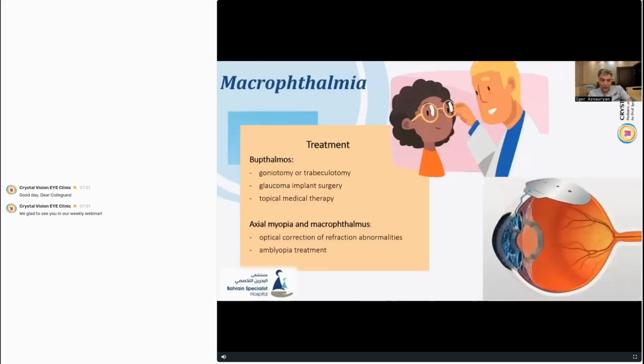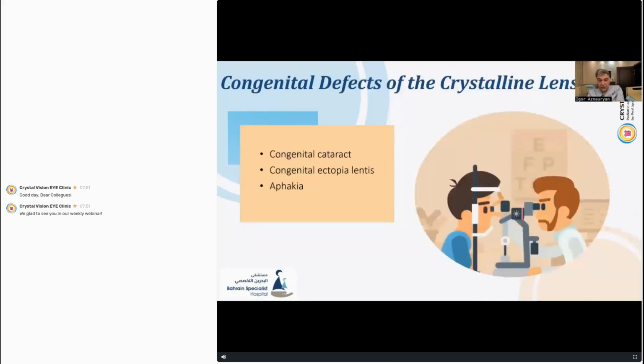Well, here are various treatment options. If there is increased intraocular pressure, it needs to be lowered accordingly, surgically. Well, with axial myopias, it is necessary to monitor and treat amblyopia as early as possible to prevent its development in congenital myopia. Also, if there is a possibility of lens removal, with implantation for congenital cataracts, ectopia of the lenses, aphakia, these are also options for pathology, meaning anterior segment pathology. Here,